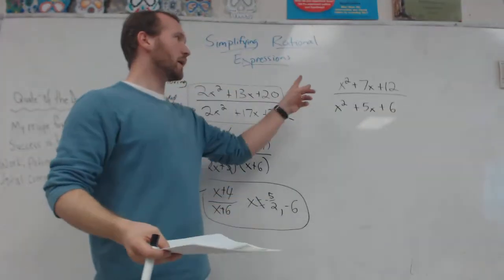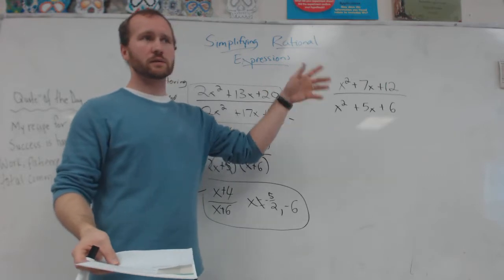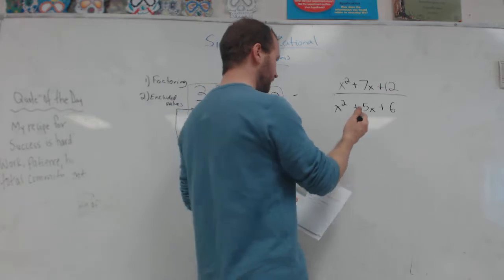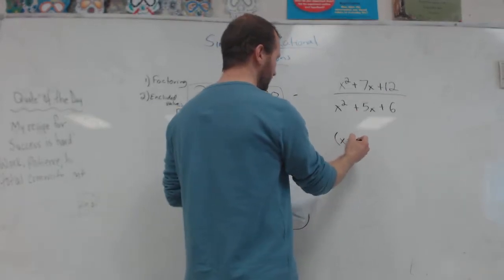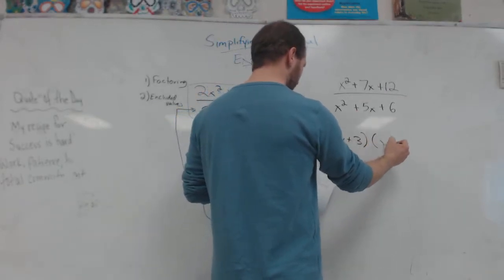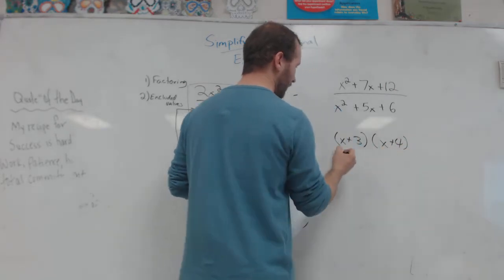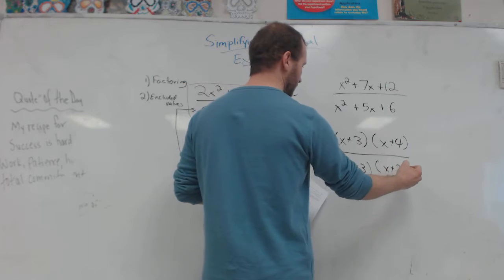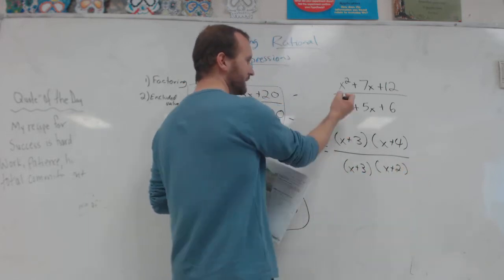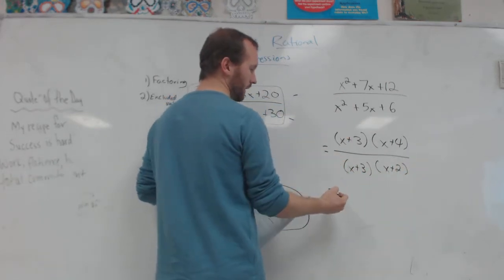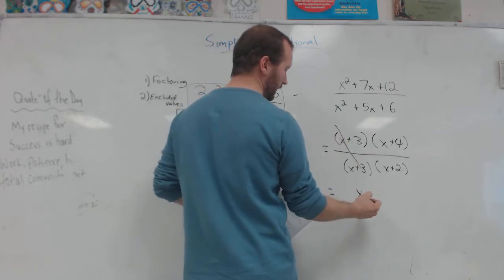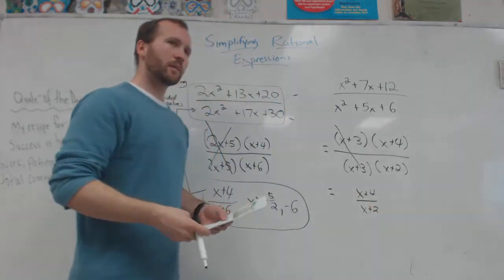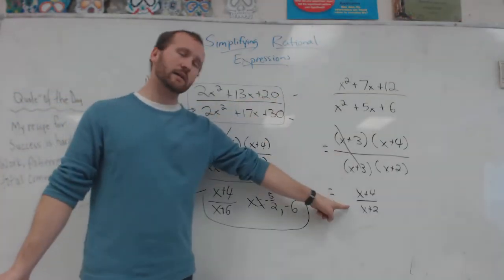Okay, this is the first problem that we did, but it's just FOILed. So it's not factored. And so we decided here, if we factored this, this would be x plus 3 times x plus 4 over x plus 3 times x plus 2. So we're saying this is equal to this, and then this is equal to x plus 4 over x plus 2. Okay, but I'm going to prove to you that this does not equal this